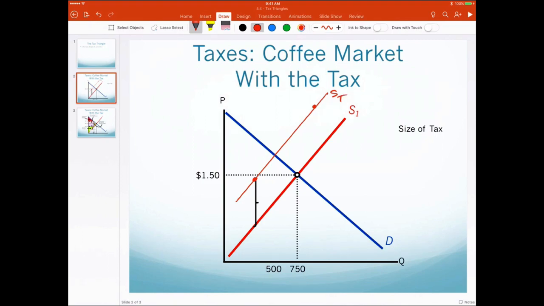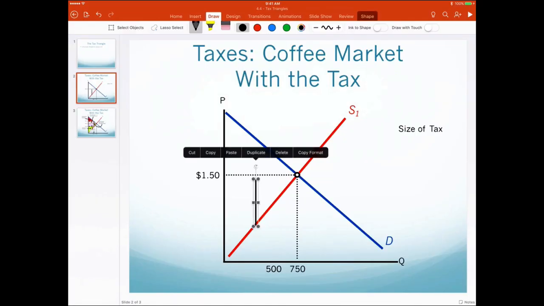Now, you can use what's called the tax triangle, and essentially what you're doing is you're focusing on this area right here, okay? Because you know eventually you're going to get this dead weight loss triangle. So rather than draw the supply curve, what you can do is do the following. I'm going to erase all this. Okay, we're going to start over, all right? So instead